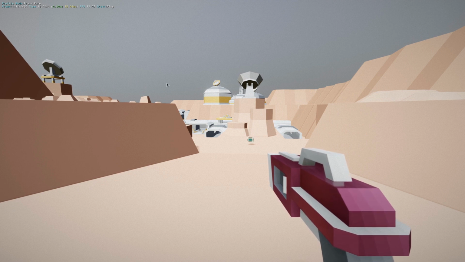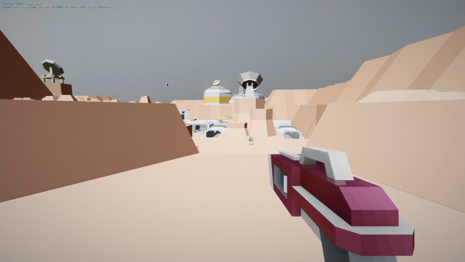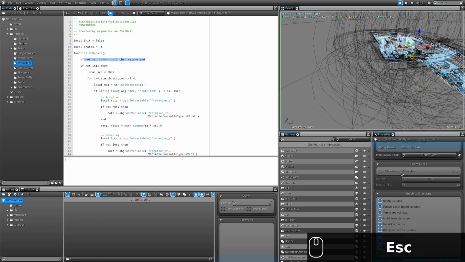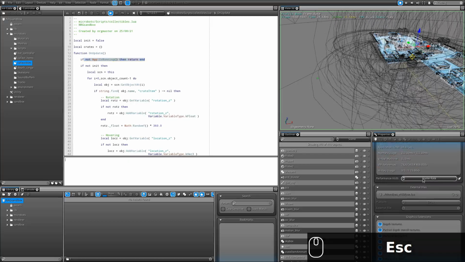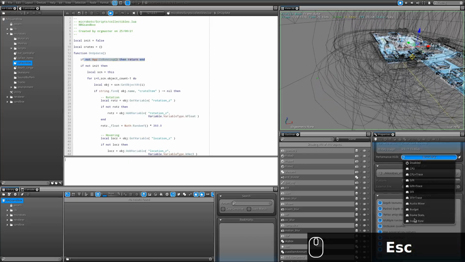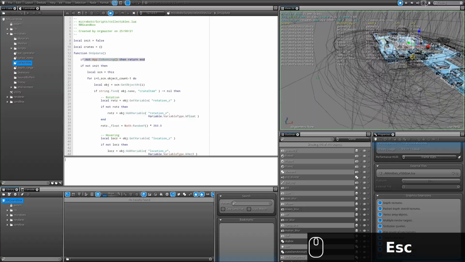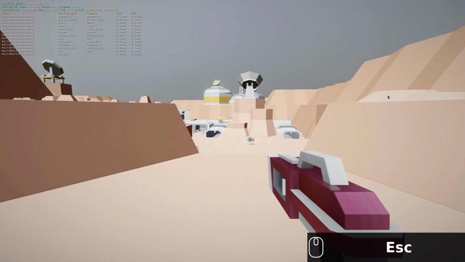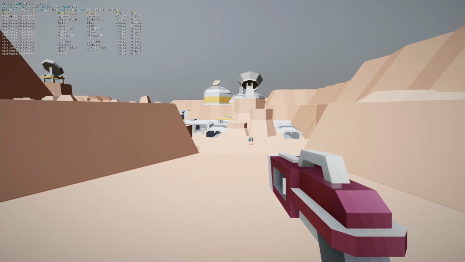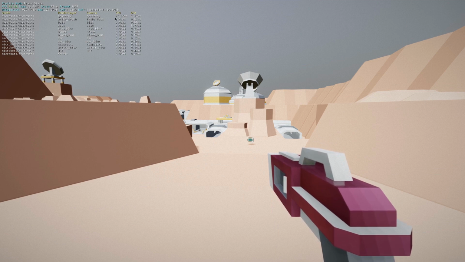So let's try to analyze what is going on. We are going to switch the type of performance HUD to be frame stats. That is going to give us both CPU and GPU usage. And right away, we can see that right on top, our CPU is at 24 milliseconds, which is alarming. The GPU is